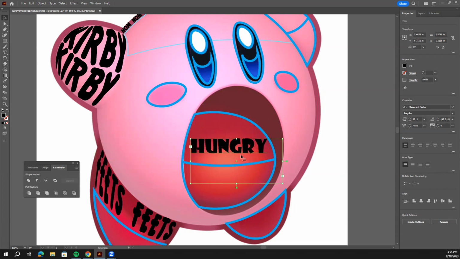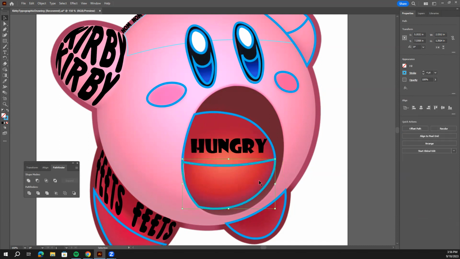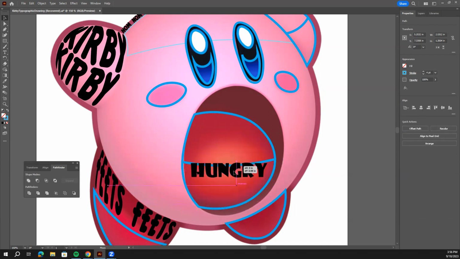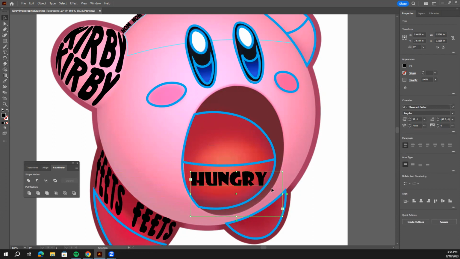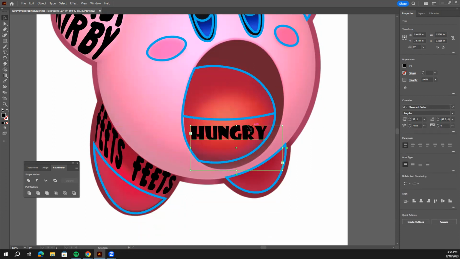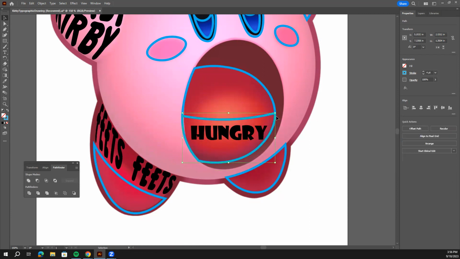It's not super necessary that I go in and place this text right over that shape. It could be over here. As long as you have them both selected, it'll be fine. So I'm gonna go ahead and put this on the bottom of his tongue here. We need to put the shape we're wanting the word to fill